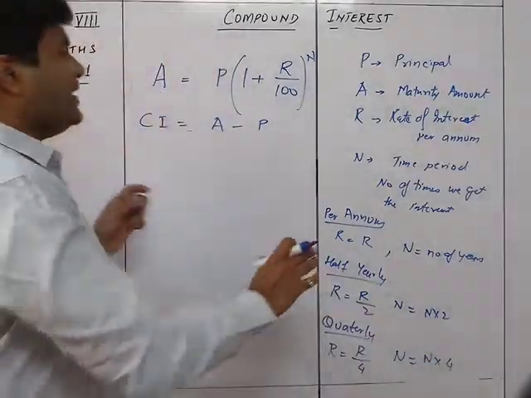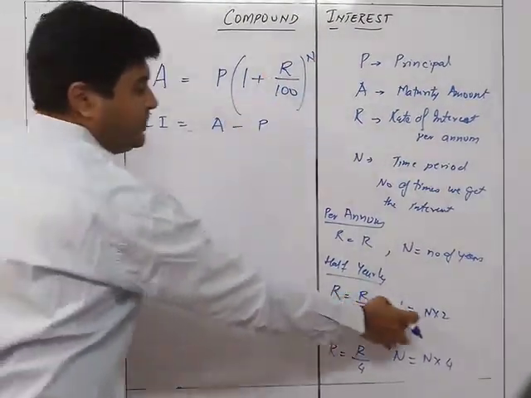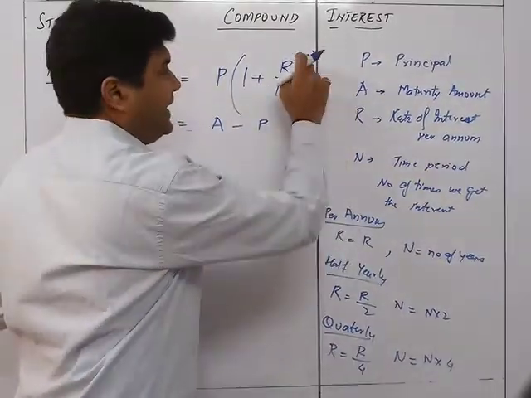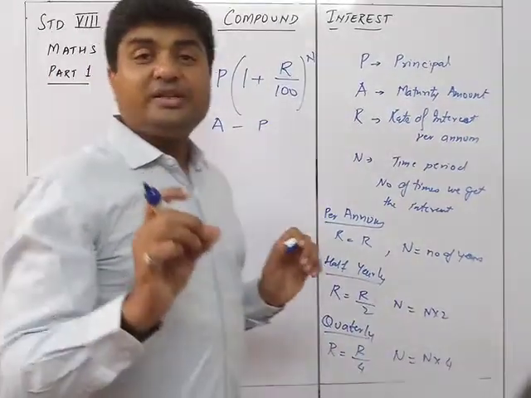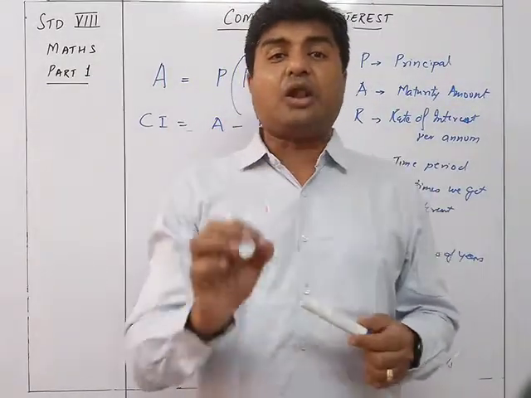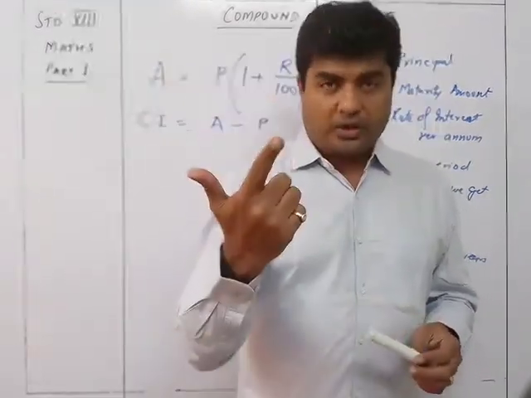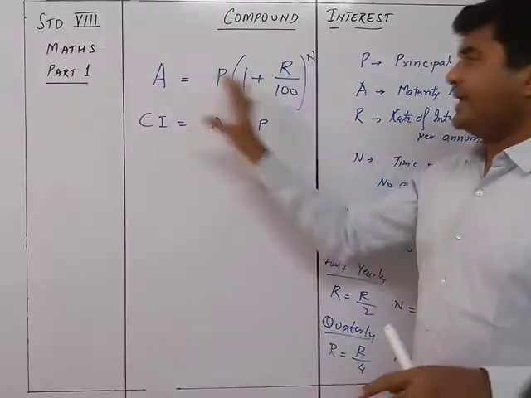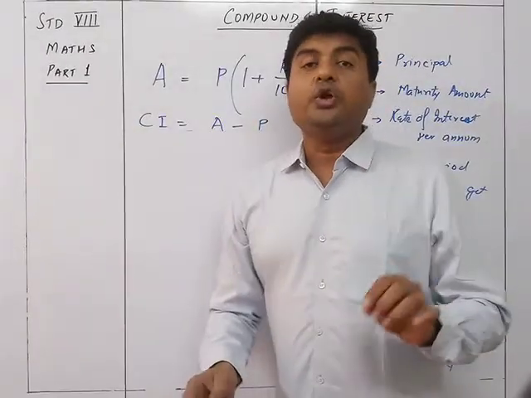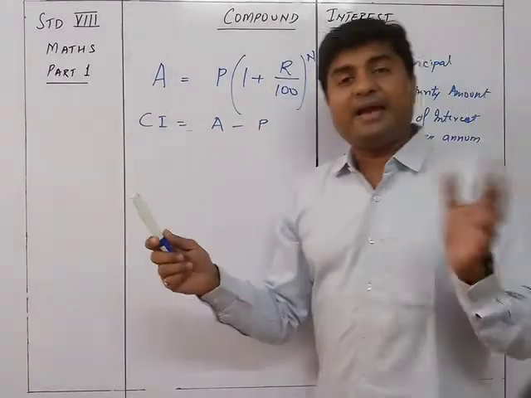So the formula remains the same, but the value of R is going to be R upon 2 in half yearly and N will be equal to twice N in half yearly. In quarterly it will be R upon 4 and N into 4. So this is the change in the formula when you are going to have a question wherein the interest is calculated or accrued, it's called interest accrued, half yearly or quarterly. If it is yearly, per annum, then no change. You are just putting the values, no change. But if it is half yearly or quarterly, you will have to convert this R into R upon 2 or R upon 4 and convert the N as N into 2 or N into 4.